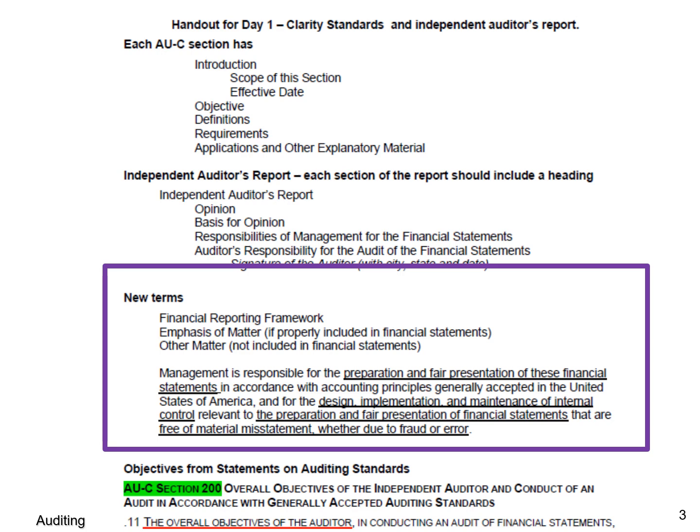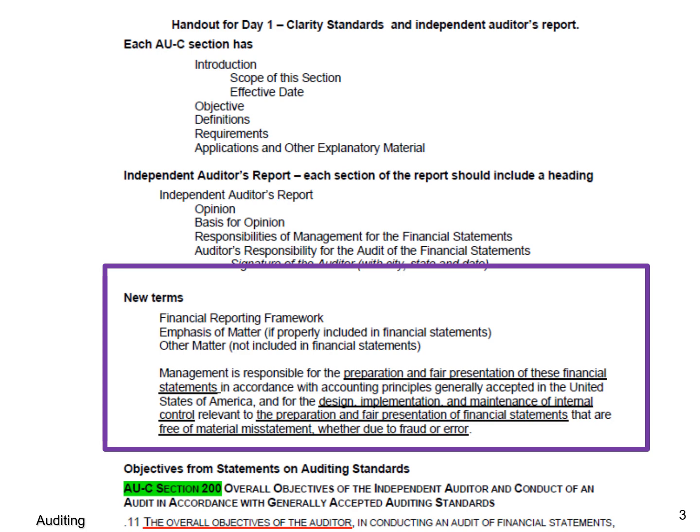Last thing before we go on, free of material misstatement, whether due to fraud or error. Most of the time, whenever you see the words free of material misstatement, it's followed by whether due to fraud or error. Not 100% of the time, but most of the time. So whenever I see free of material misstatement, I think whether due to fraud or error.